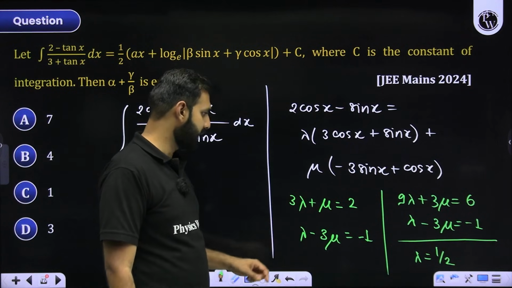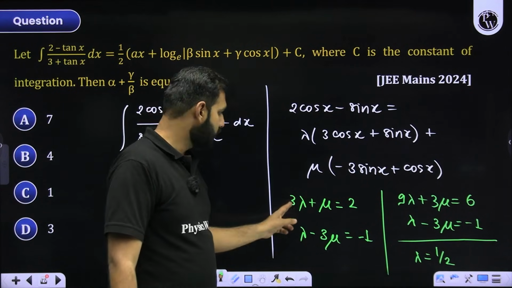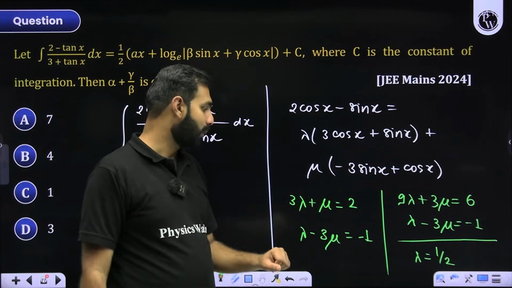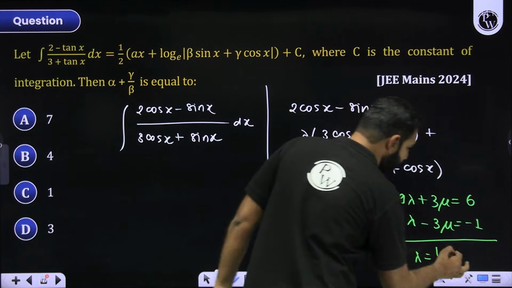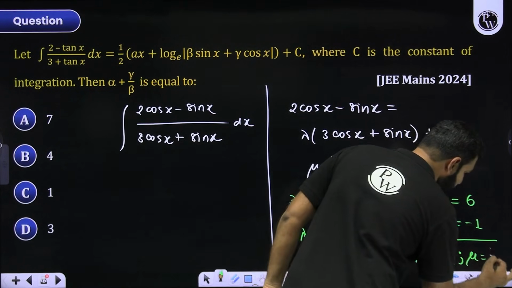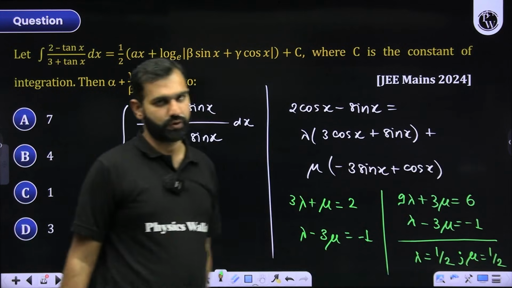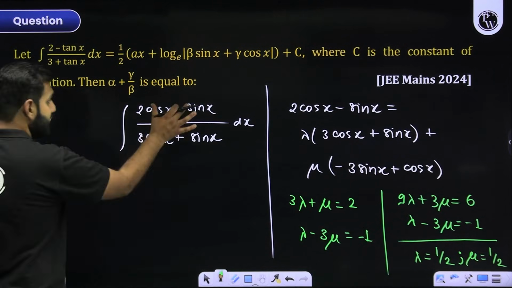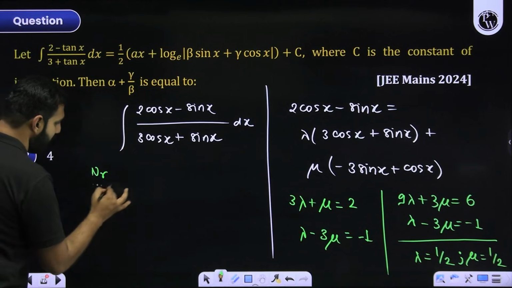There is no confusion on that. So it is 3 by 2. 3 by 2 goes there. So it is 2 minus 3 by 2, which is also 1 by 2. So I think we have received mu as well as 1 by 2. Any confusions on that? Now, if I treat this numerator as, let's say, nr for a while and denominator as